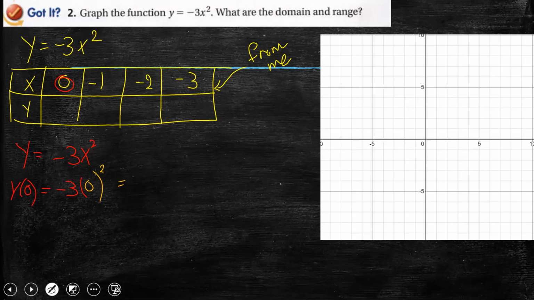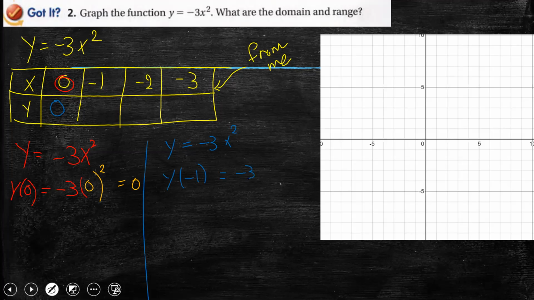Don't forget the squared now. 0 squared is 0, and 0 times negative 3 is 0. So the y here is 0. This is the first point. Then the second point, negative 1. The function is y equal negative 3x squared. Y of negative 1 means